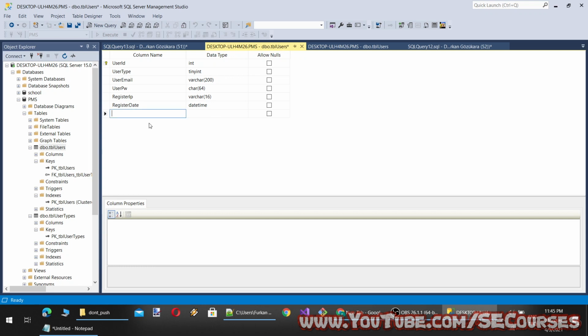User should also record first name and last name. So first name, such as nvarchar 40, probably enough, and last name or surname, but both are fine. Okay, and this can't also be null.